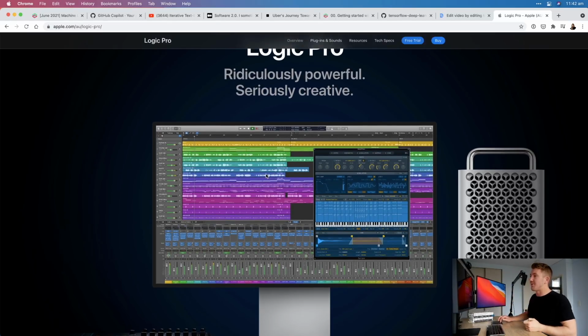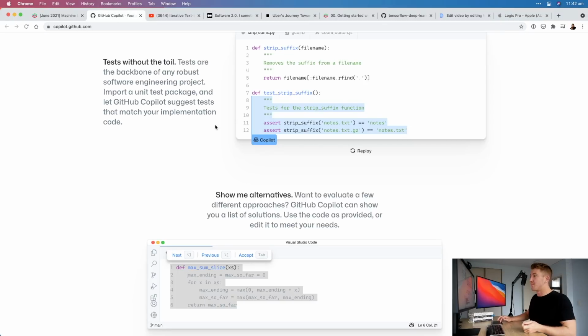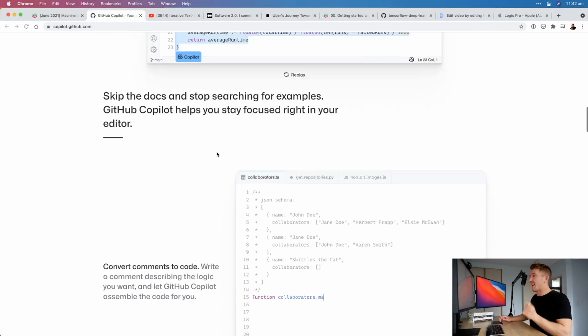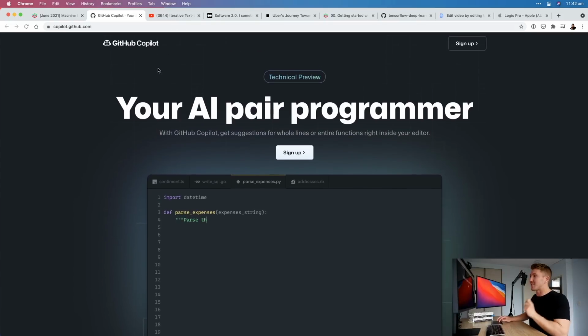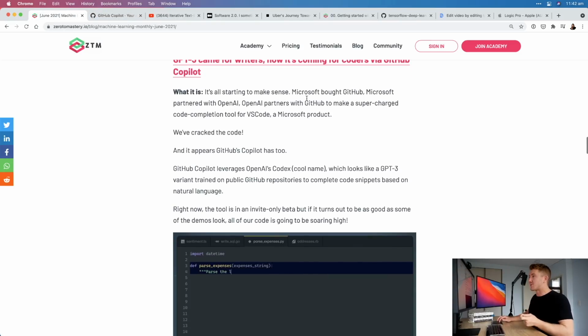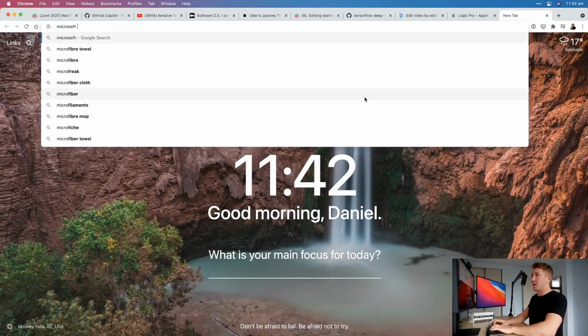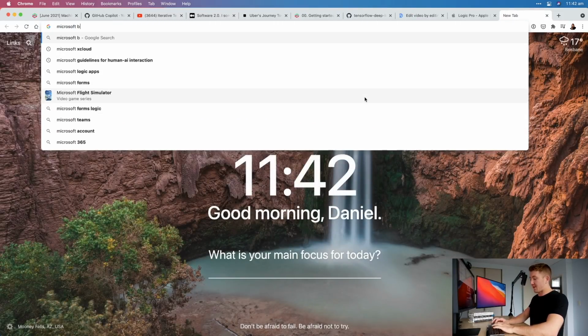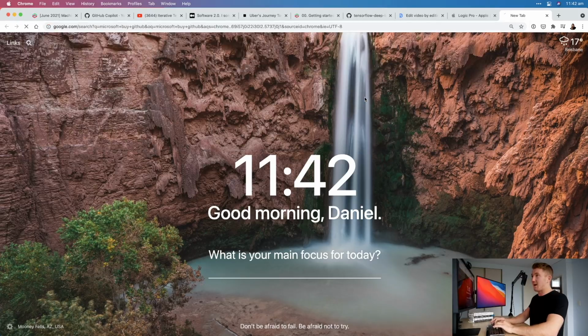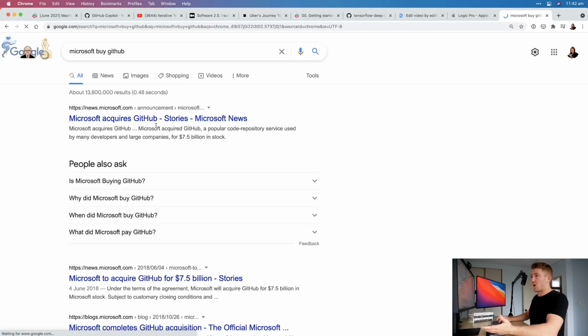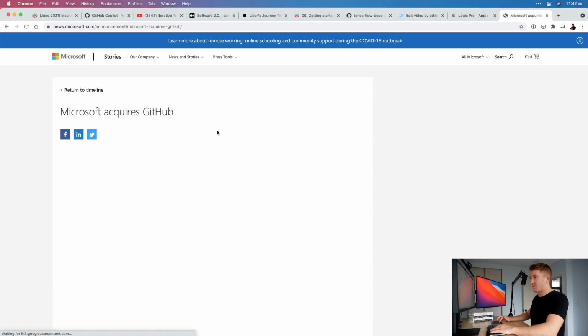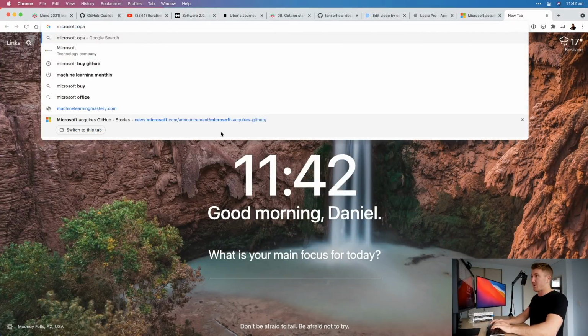Yeah, you're still going to have to put the pieces of the program back together. But this is really cool. And a little tidbit from this is that I think this is a beautiful synergy happening between when Microsoft bought GitHub. So Microsoft, look at this. We've cracked the code. Microsoft buys GitHub. Microsoft acquires GitHub. Look at that. So GitHub, notice that. Microsoft partners